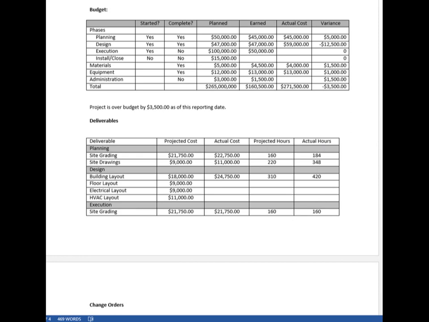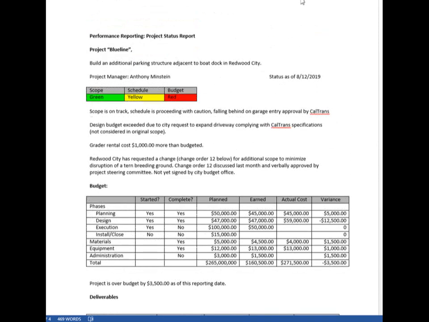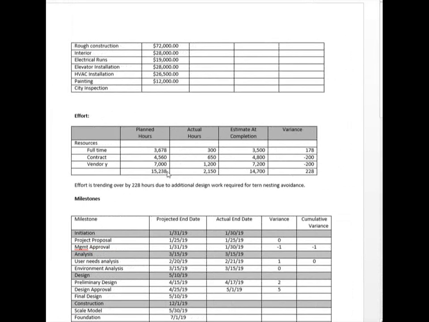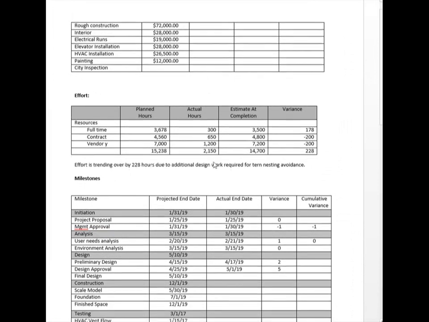Let's look at the next page, if I can figure out how to get there. There we go. None of these tasks have started yet, so there's no variance, there's no actuals to apply. When we look at effort, we can see based upon the resources contracted, what are planned hours, the actual hours, and here's a variance. And actually we have a positive variance here, which is a good thing, but the estimated completion shows we're going to be over what our original plan was, and that's not a good thing.